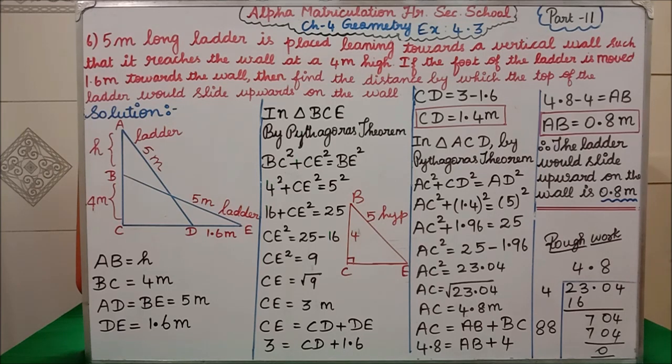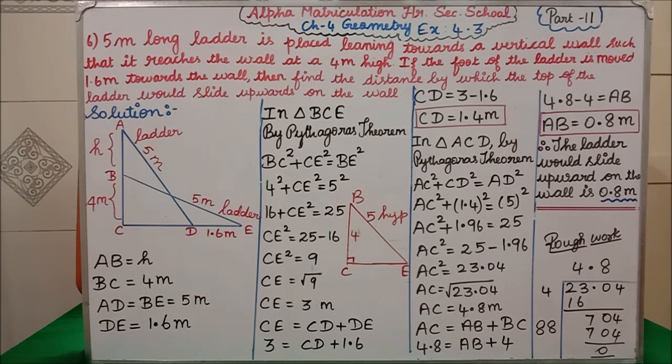Now on top we have only 4, isn't it? That 4 you have to multiply with 2 and you have to write 8. So you have to forget about the next 4, this 4 and 4. Now what number you are writing? The same number here also you have to write. Clear? So I am writing here, I am writing here. So 8 into 88 is 704. So we are getting finally 0. Our answer is what? Square root of 23.04. The answer is 4.8 meter. Clear, students? Now AC value we have found, 4.8 meter.